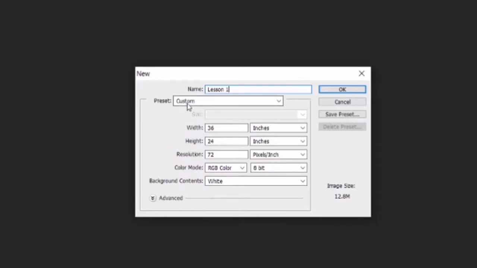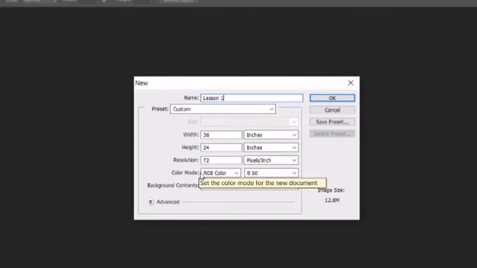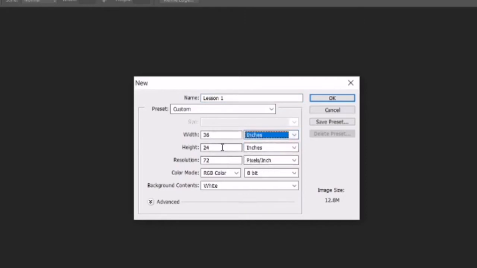From the preset, let's leave it at Custom. And for the size of your canvas, these boxes will help you in deciding which size of canvas you would like as your working area. For the width and then for the height. And here are the options for measurements to use. Let's stay with inches. For example, in my canvas, I will use 36 inches, height is 24, and then I